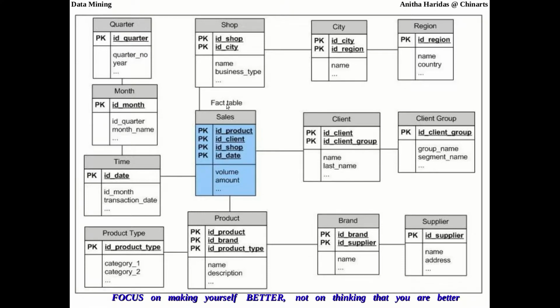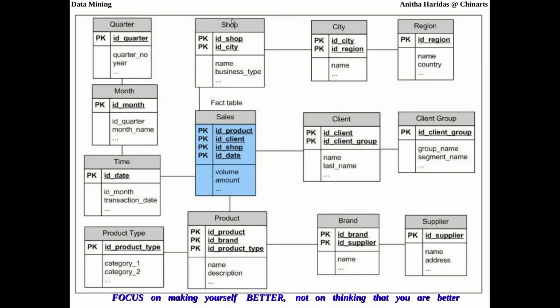Say for example, this is the fact table connected to dimensions. What are the 4 different dimensions? Shop is one dimension, time is another dimension, product is the 3rd dimension, client is the 4th dimension.